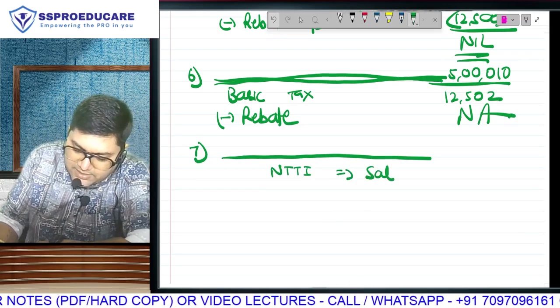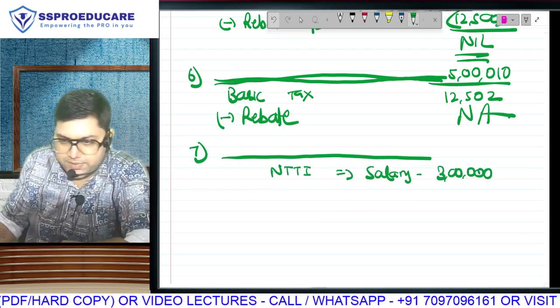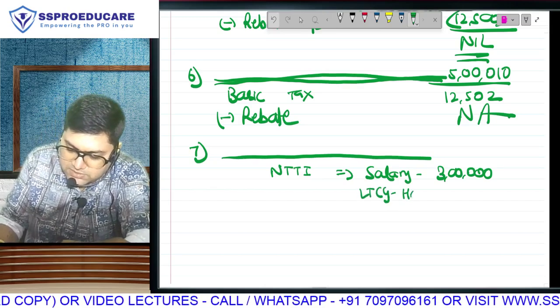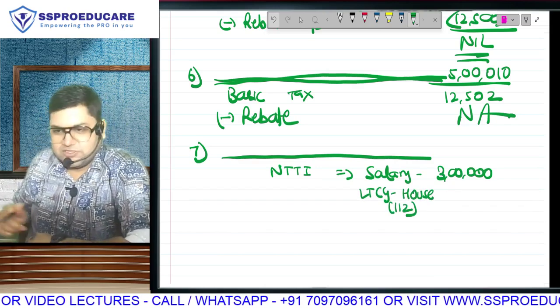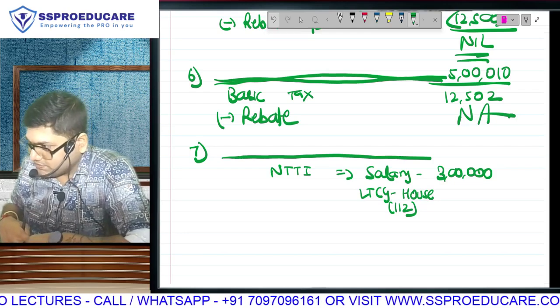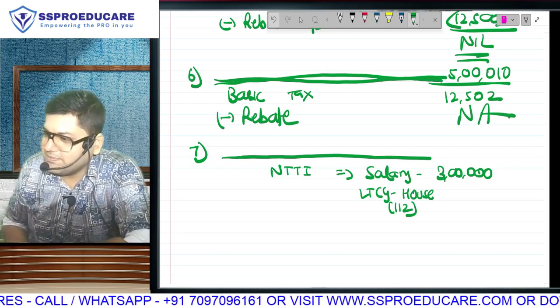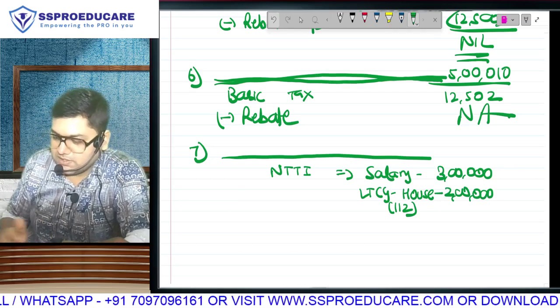I have got salary income of 3 lakh rupees and I have got long-term capital gain on sale of house. Right now, I am assuming that you don't know section 112. So I am not teaching you. I am just telling you there is a section 112. Long-term capital gain will be taxable at special rate, and the special rate on this 2 lakh rupees right now